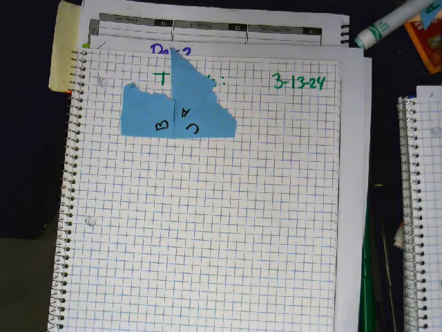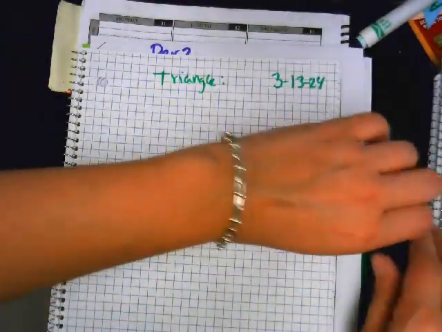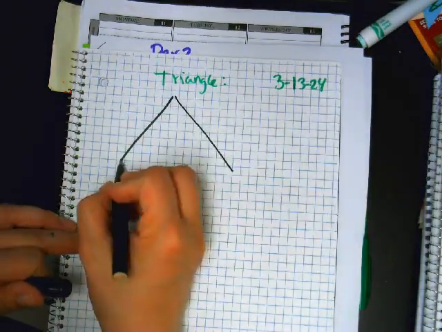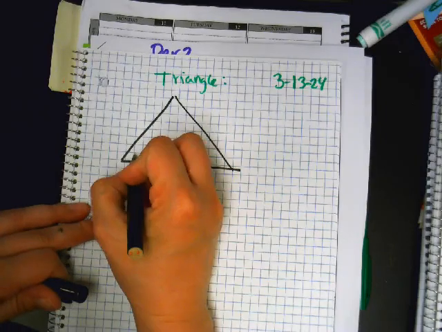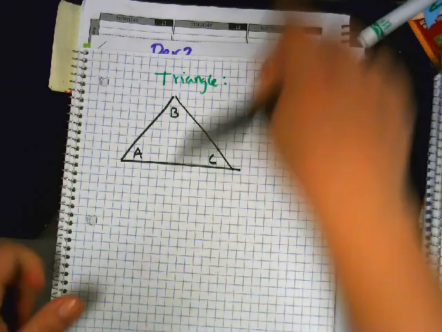180. So the math says in a triangle, in any triangle that you have, no matter the size, no matter the shape, as long as it's a triangle, if you have angle A, B, and C, the math says